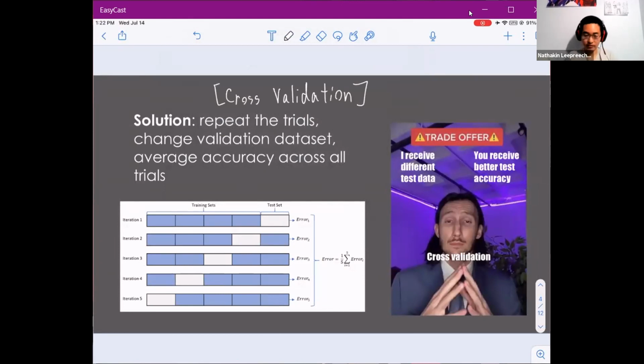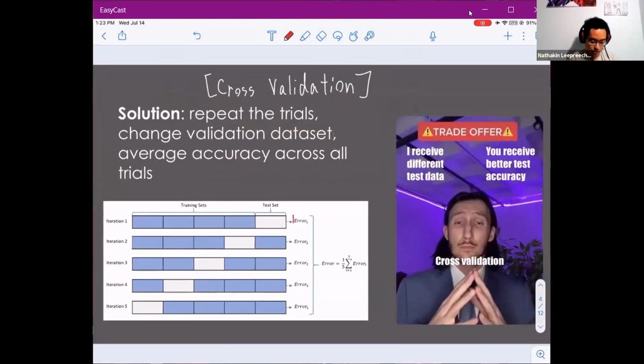The way we do cross validation is that we make sure every data point has been used as both train data and test data. How do we do this? We randomly split the data into different chunks, and each chunk is used as the test data set once. Once you finish training the model,